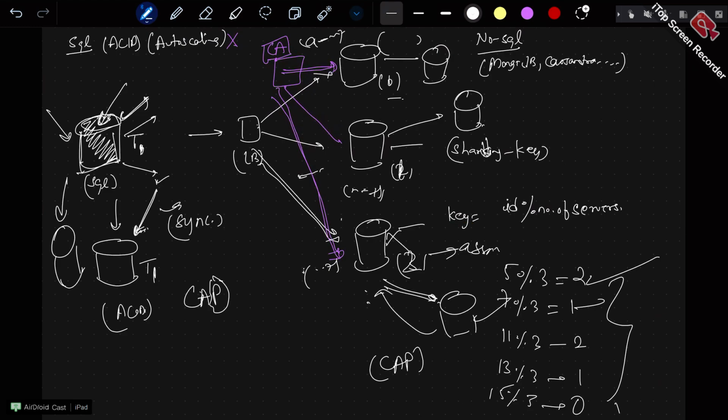Scale up is vertical scaling. You can always increase the scale. So over here, if you see, they go for vertical scaling, and these are all horizontal scaling. Depending on the use case we are going to use, but in most of the cases that you are going to design, you can always use NoSQL. Okay, you can start with SQL, but eventually you can use NoSQL. Okay, those are the parameters that we can use.